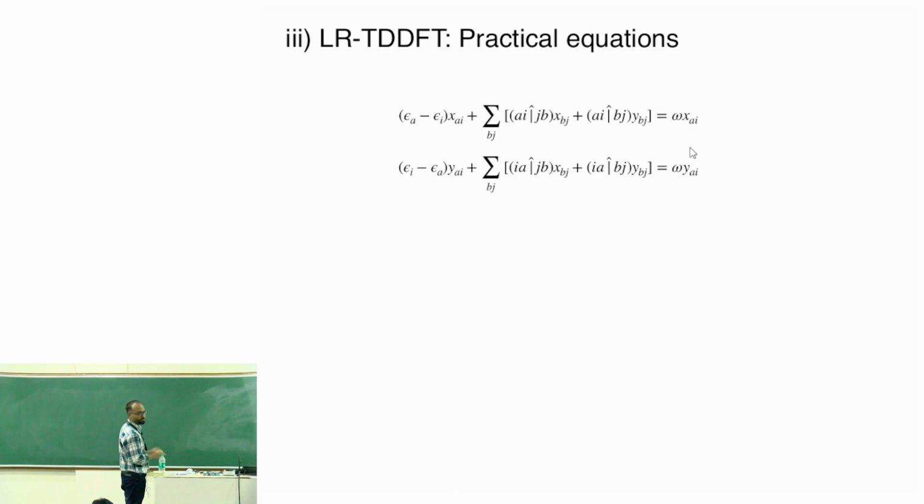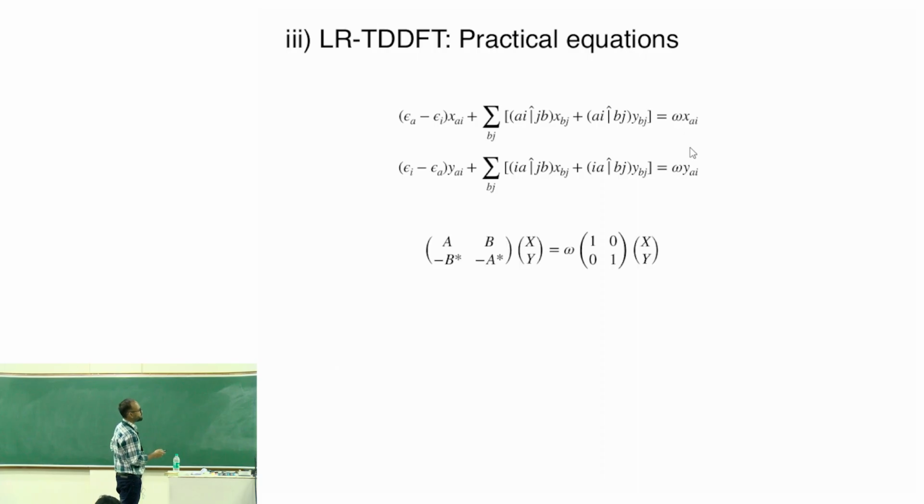So once I do that, but my frequency is not vanishing, okay? So keep that in mind. Once I do that, I get this very simple equation over there. One for X_ai and another for Y_ai, and you see a bunch of terms appearing, right? If I rearrange all of that, I'm going to get a very simple matrix equation, which is what Arun had shown before, and probably in other talks as well,